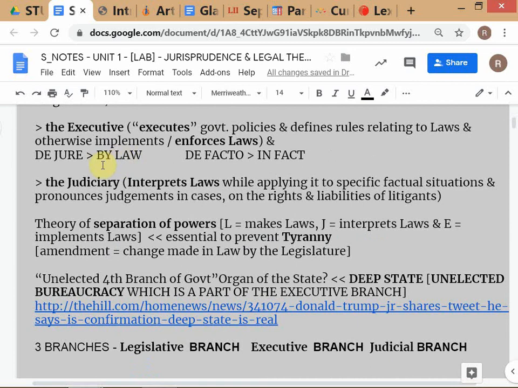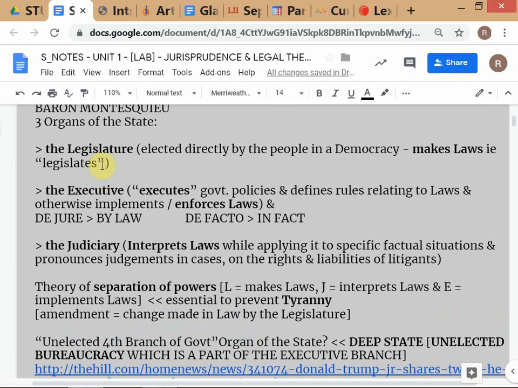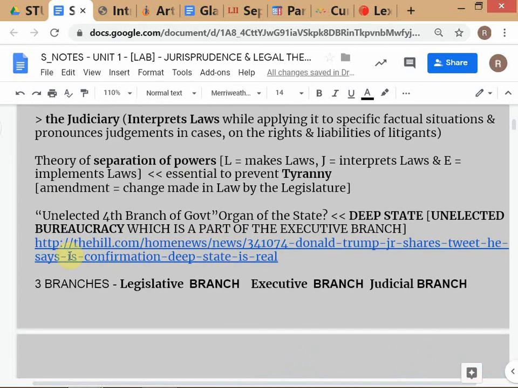We say the legislature. So we want to be very careful about how we use words. Once again, remember how to use words. We either say the legislature, the executive, the judiciary, or we say three branches of government. We say legislative branch, executive branch, and we don't say judiciary branch. We say judicial branch. Is this clear? Very particular about the use of words.